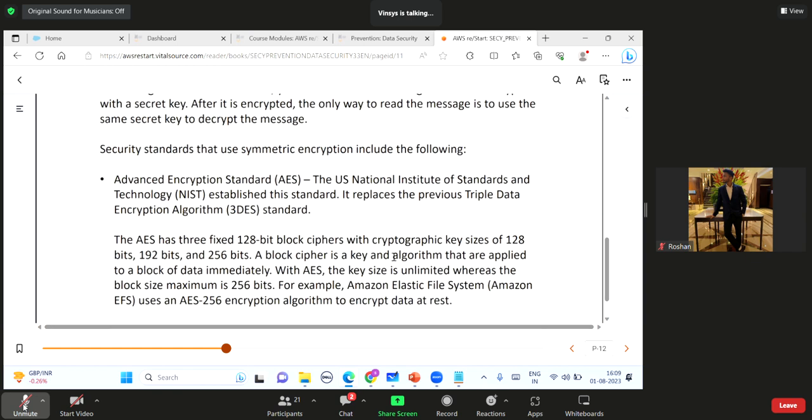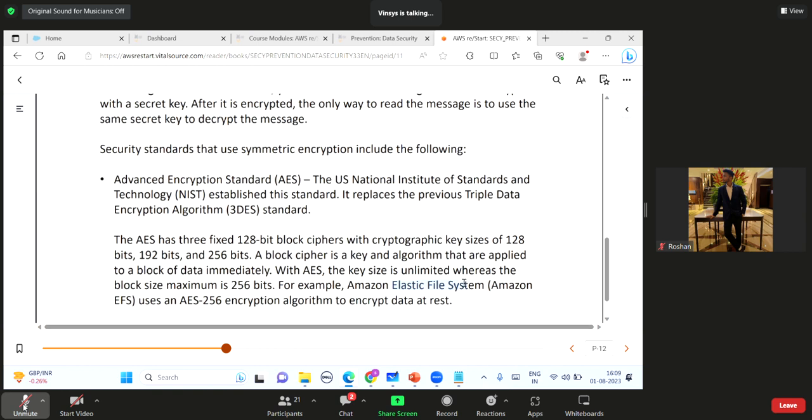A block cipher is a key and algorithm that are applied to a block of data at once. With AES, the key size is unlimited, whereas the block size maximum is 256-bit. When we see our Elastic File System, EFS, that EFS actually uses AES encryption.